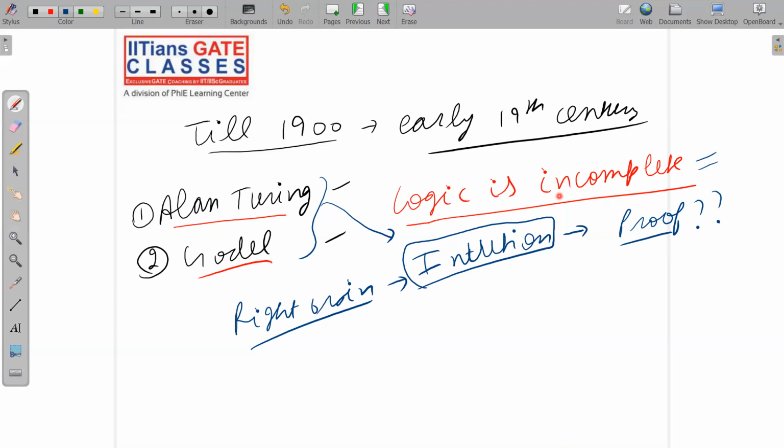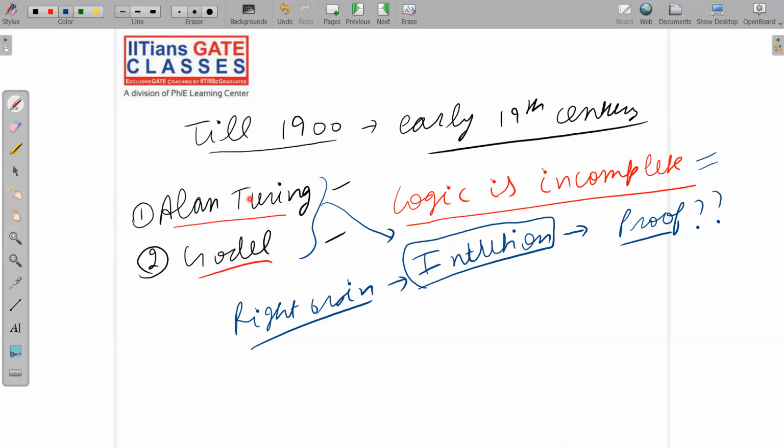So now, with the help of logic, you want to prove that logic is incomplete. That is, with the help of logic, you want to prove that the given statement is true, but still you cannot prove the given statement is true. I know you might be facing some confusion, but do not worry. I will say each and everything in proper detail when we jump to this subject. Just listen to all this like a story, because we are just studying the history of the subject.